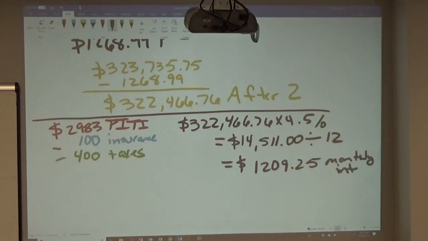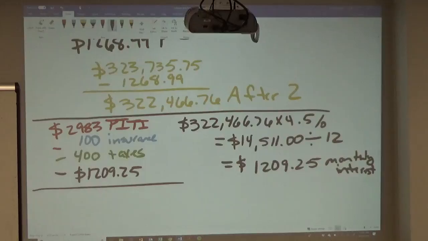And that number we're going to bring right back over here. So minus $1,209.25. So now we've paid our insurance, we've paid our taxes, we've paid our interest. So $2,983 total payment, minus $100 for insurance, minus $400 for property taxes, minus $1,209.25, and that leaves us with a remaining amount going toward principal of